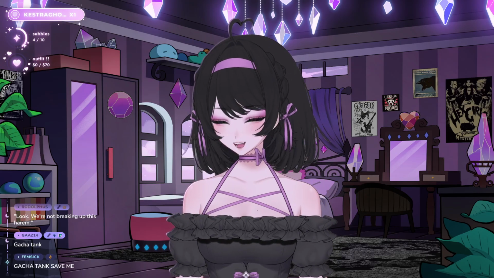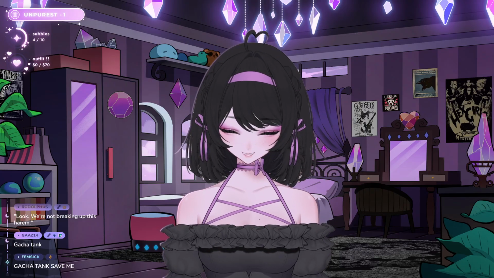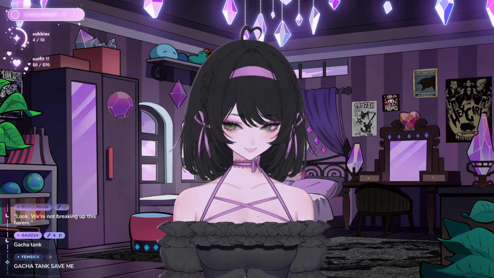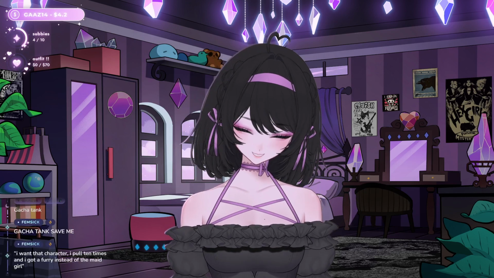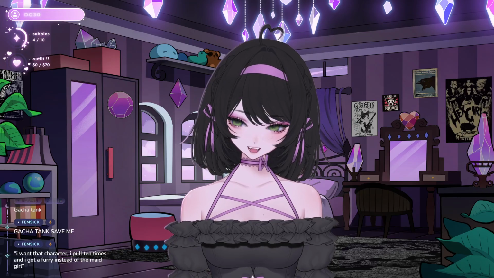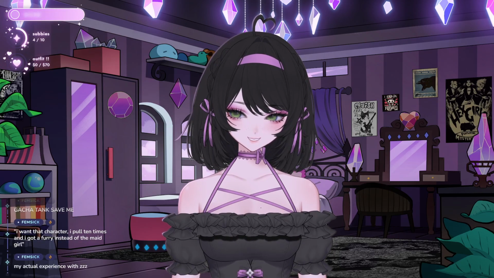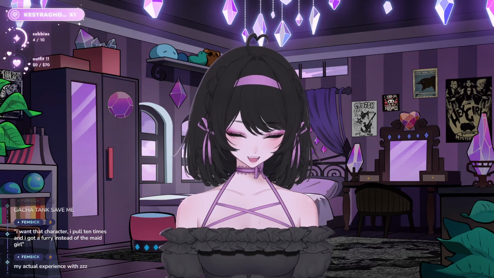That's what it's like buying fish at Walmart back in the early 2000s. I want that character. I pulled 10 times and I got a furry instead of the maid character.